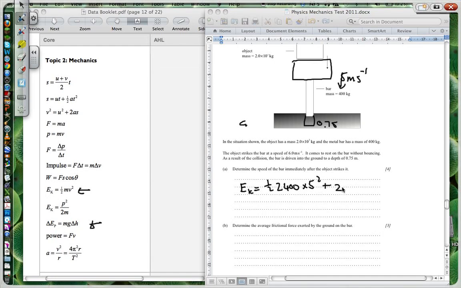We're going to be using our EP formula, this one over here. So the mass will be 2,400 times 10, I'm going to use 10 for gravity, times the height, which is 0.75. And that will give me, let's just work that out. We're going to get 0.5 times 2,400 times 25 plus 2,400 times 10 times 0.75. Then I get 48,000